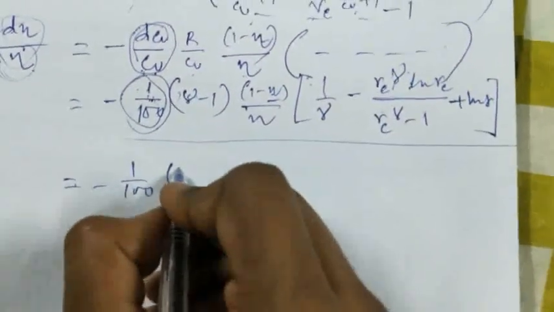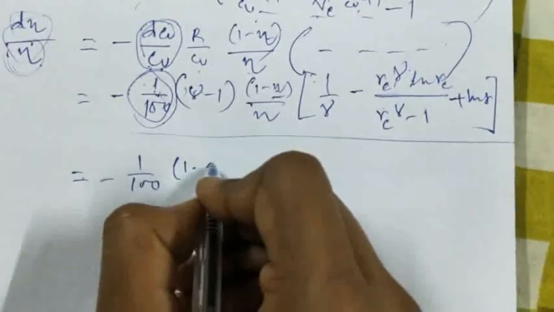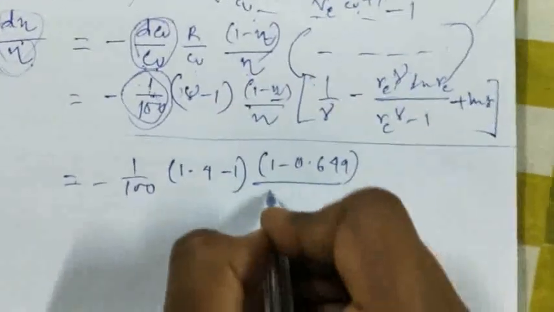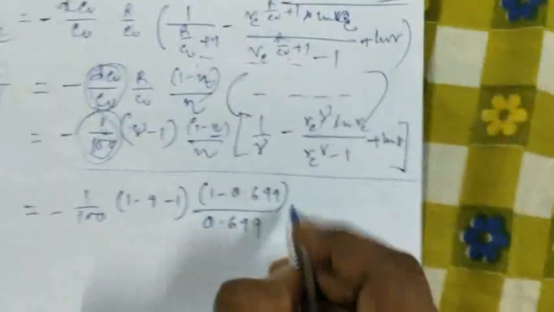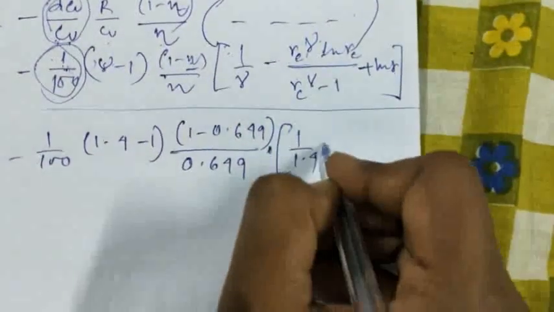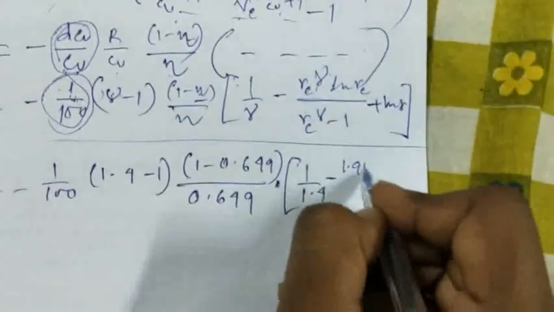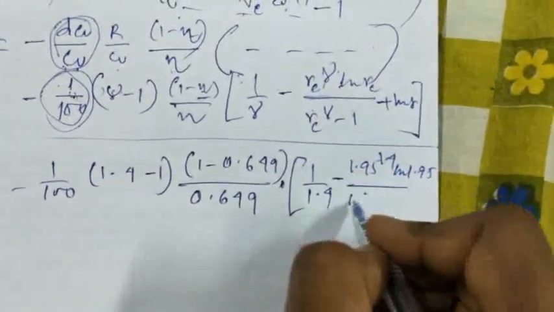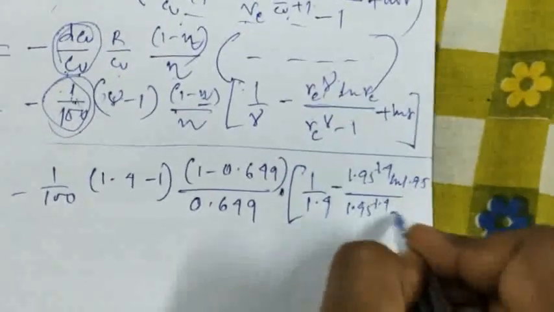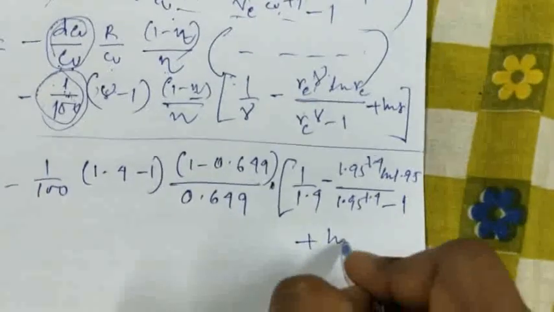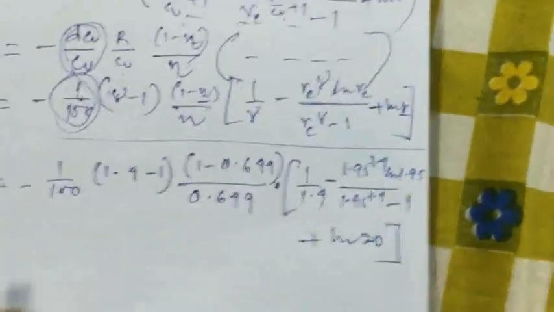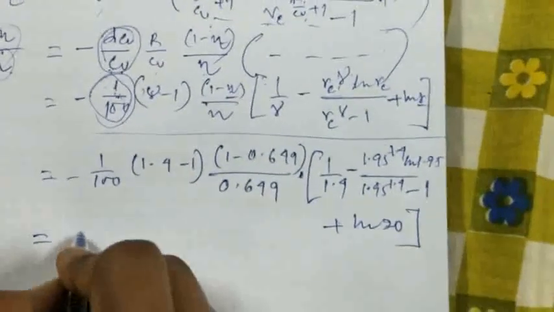Value of gamma is 1.4, minus 1 minus 0.649 by 0.649, into 1 by 1.4, value of gamma, minus RC is calculated 1.95 to the power 1.4, ln 1.95 by 1.95 to the power 1.4 minus 1, putting the value already, ln R is given, value of R is given, which is 20, plus ln R. Now if you calculate this by calculator, this will become